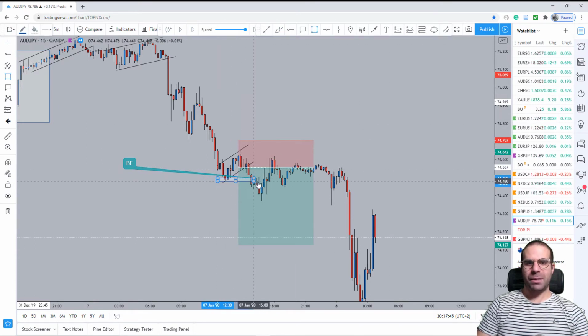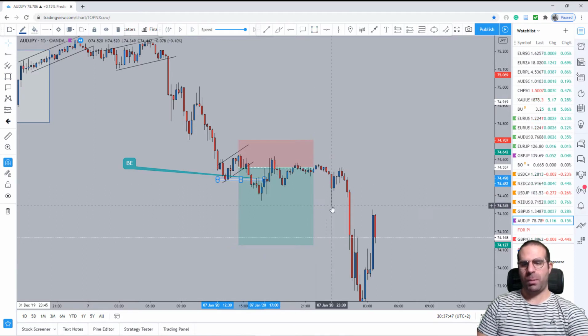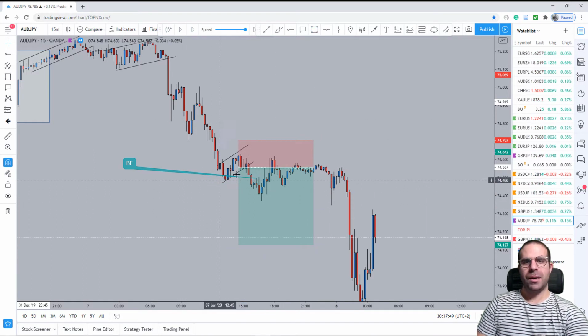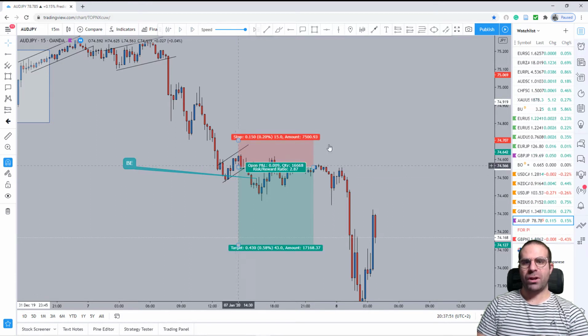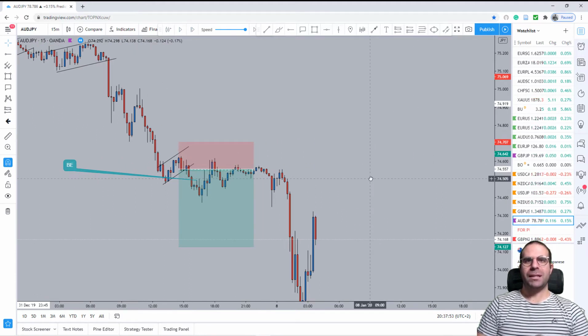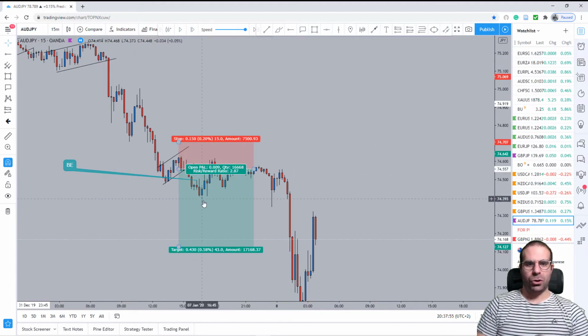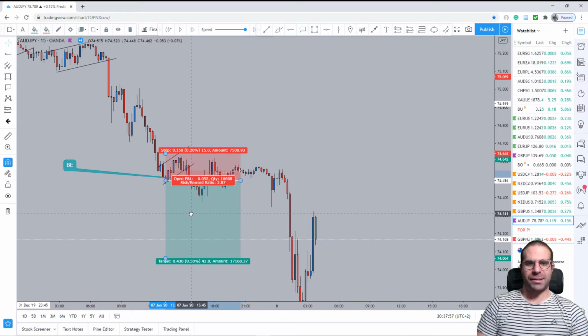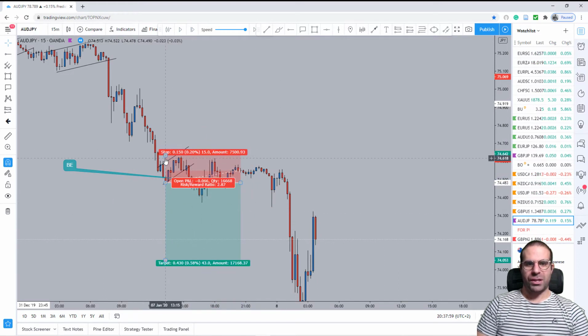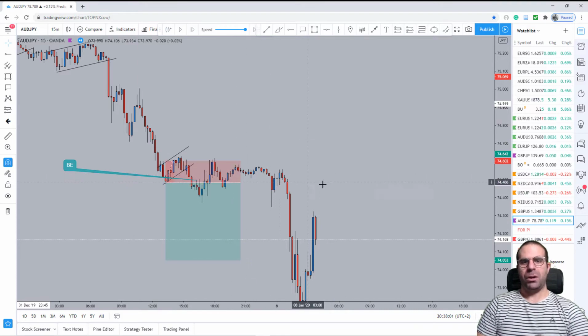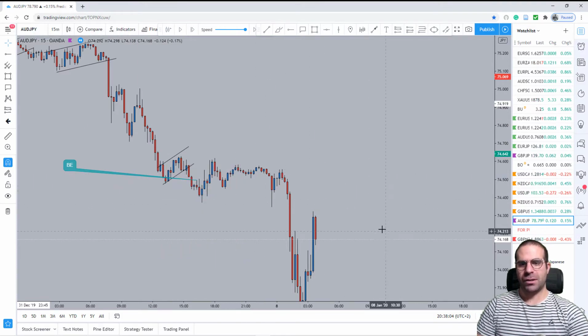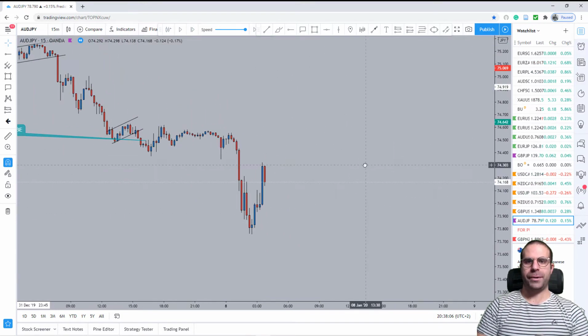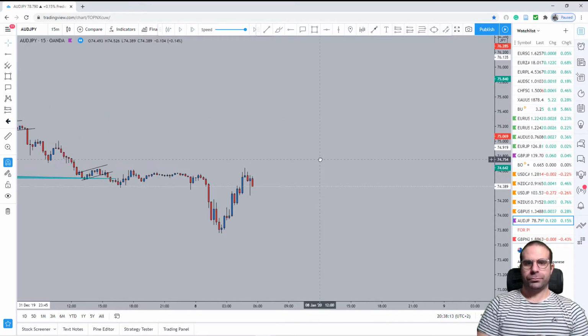Some people may place the pending order around here, so probably close to a market execution, but me personally, I go even closer to the area, because many times the banks come and hit your stop losses. If we would have entered, let's say, somewhere around here with a smaller stop loss, some people would get stopped out. So that's the reason why I enter closer. Let's move forward.